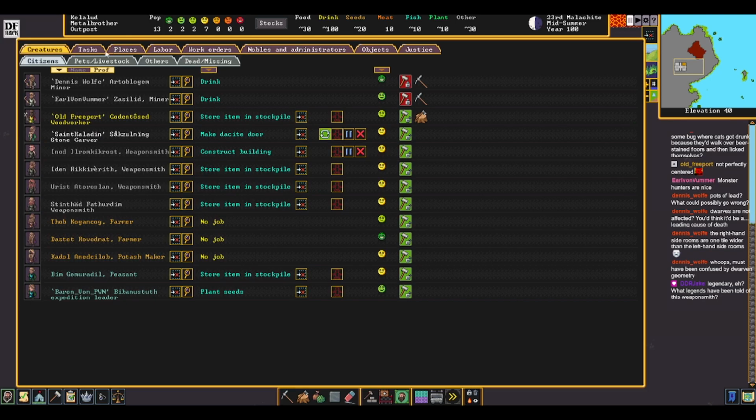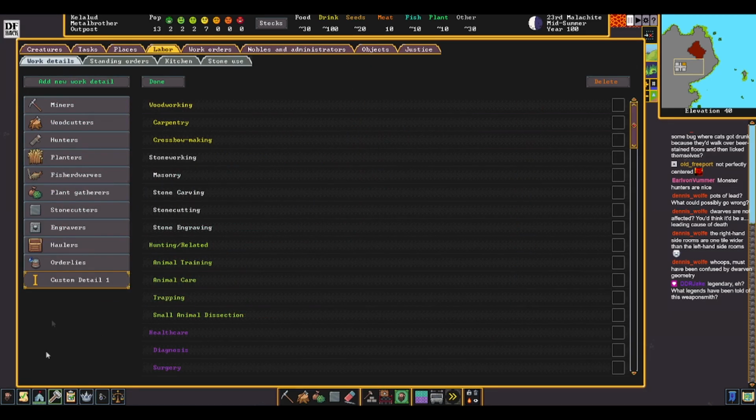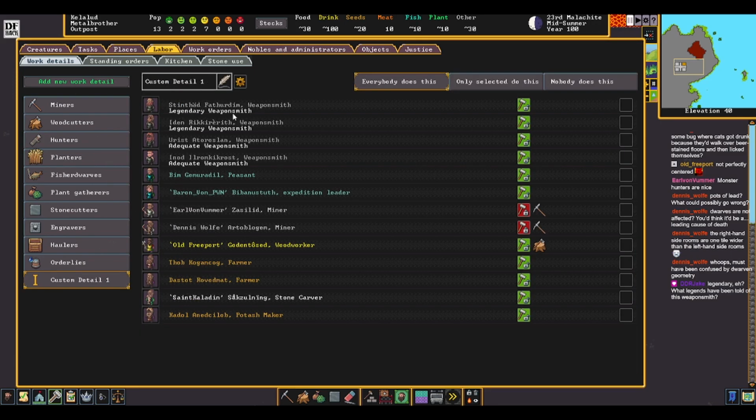What I'm probably going to do is make a new work detail here, and this is going to be a weaponsmithing work detail. So we're going to just name this weaponsmithing. And then I only want her to do...